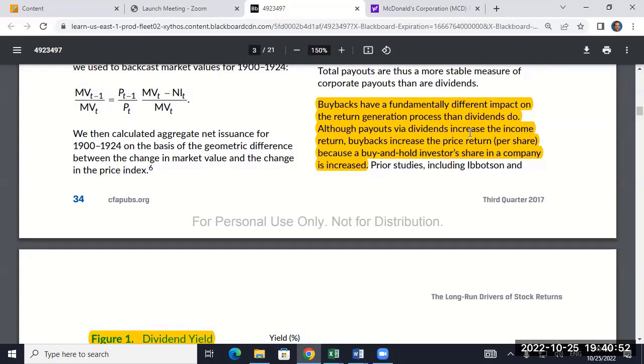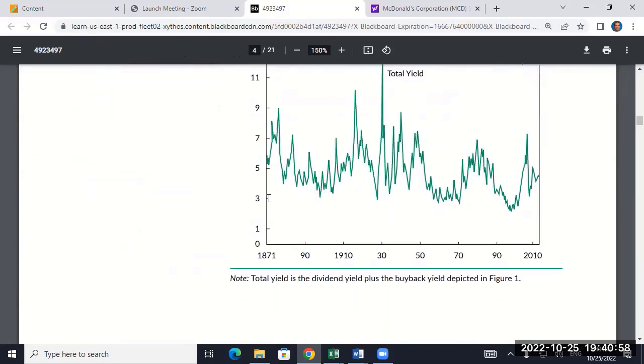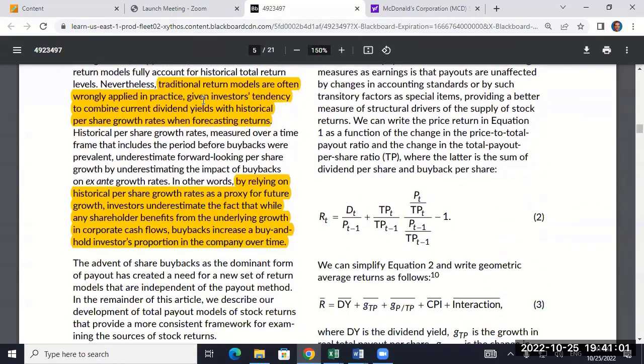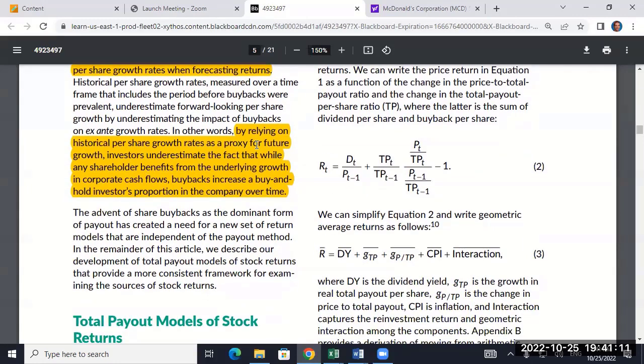Buybacks have fundamentally different impact on return generation. Although paybacks via dividends increase the income, buybacks increase the price return per share. Traditional return models are often wrongly applied in practice, given investors' tendency to combine current yields with historical per share growth rates. When relying on historical per share growth rates as a proxy for future growth, investors underestimate the fact that while any shareholder benefits from the underlying growth, buybacks increase buy and hold investment portions of the company over